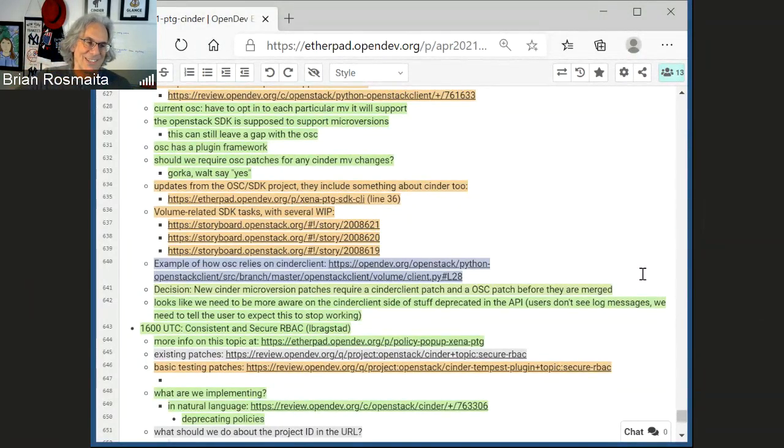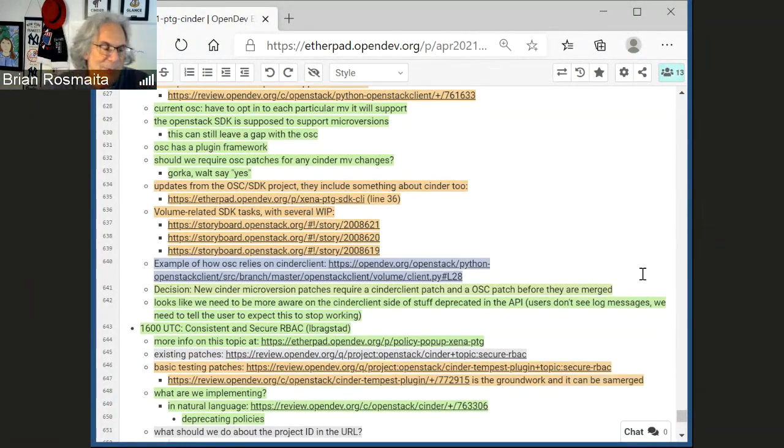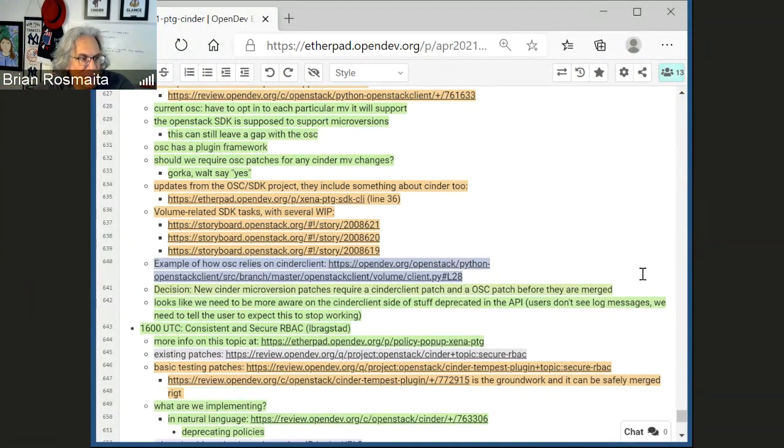And then it doesn't really make sense, because a lot of the volumes they're going to get in the response have nothing to do with the project ID in the URL. I don't know if that was clear, but I think what we want to do in Xena is to implement the scoping correctly and not do this kind of fake thing with having the administrator role be tied to a project. Does that make sense, Lance?